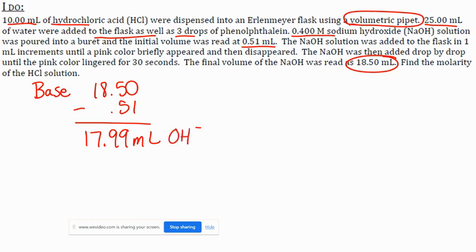And that was OH minus. Now, I want to find out the moles of OH minus here. So what am I going to do? What do I know about my base? What other number have I not used yet for my base? The molarity, yep. So I've got 0.4 molar. That equals moles over volume. But I have to convert this into what? Liters. Anytime I'm dealing with molarity and trying to get moles or volume out of it, I have to have that in liters. So that's going to be 0.01799 liters, which means my moles of OH minus are going to equal